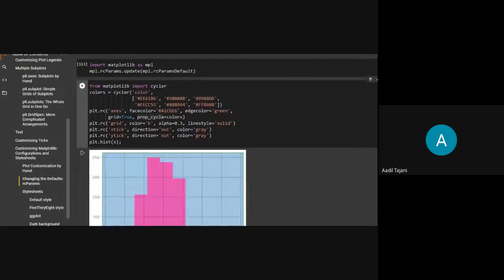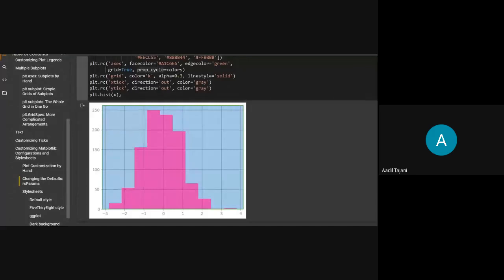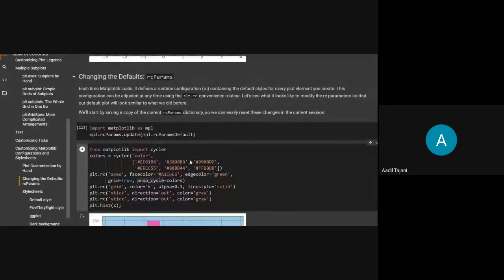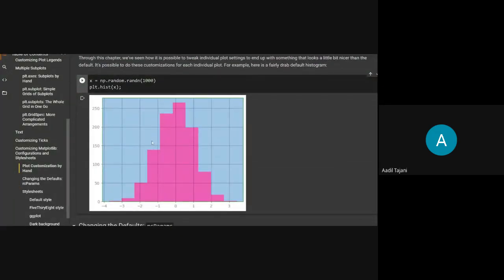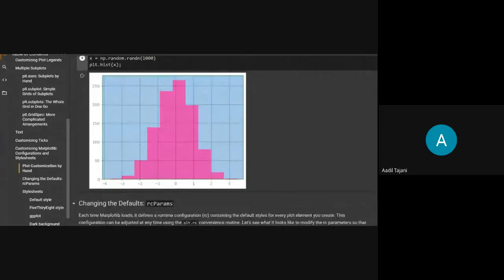And if you plot the same histogram as you saw earlier, now in the histogram function, you haven't passed any parameter. If you pass any parameter to change color and everything, it will change colors. But here, as you can see, we haven't passed anything in the histogram function. What we have done is we have changed the default RC parameters that Matplotlib uses to plot something. As you can see here, this is now how it looks. Now again, if I run this, I will get the plotting with the new default parameters that we have set. So this is what we have done: we have changed the default parameters.